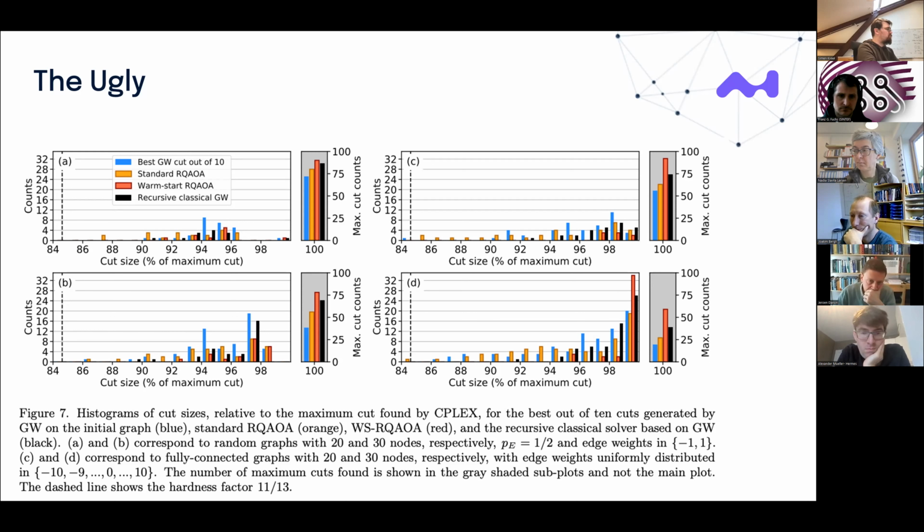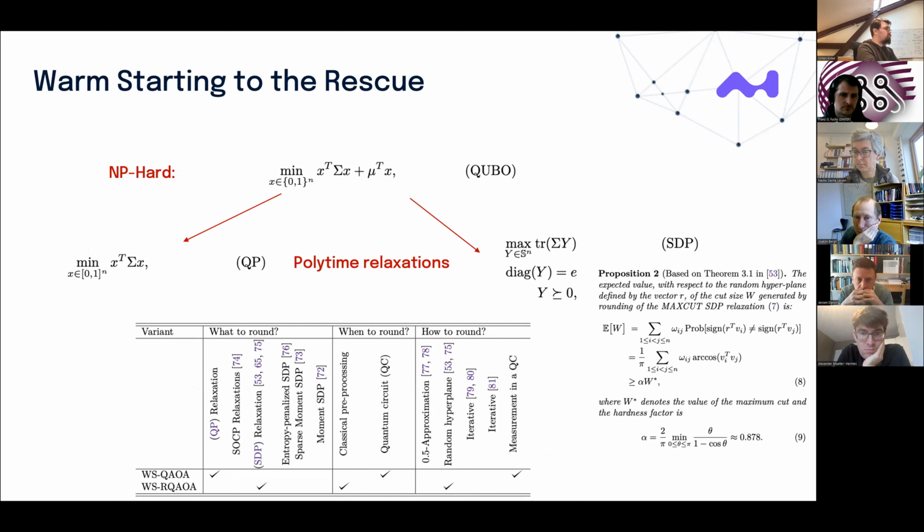So here, the takeaway message from this is that if you start from the equal uniform superposition state in the QAOA, it seems very hard to improve over what you can do in polytime classically. So now the main message of our paper on the warm starting is really that you don't have to start from this usual superposition initial state, but rather you can use whatever you can get classically in polytime and start